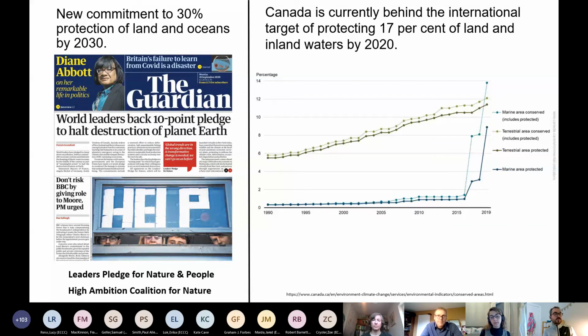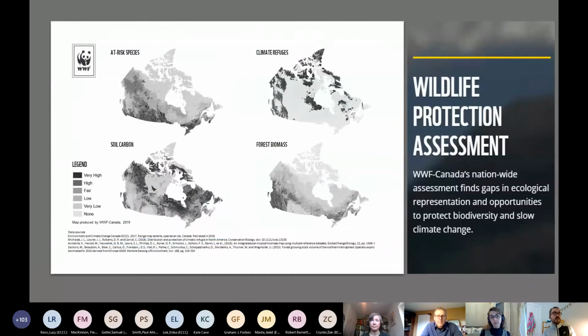And so these conversations need to go hand in hand. And so there is an important moment ahead of us, and I think where Canada has a tremendous opportunity to be demonstrating how to do this well. And so I want to introduce this quickly, a piece of analysis that we brought forward, I guess it would have been in 2018,